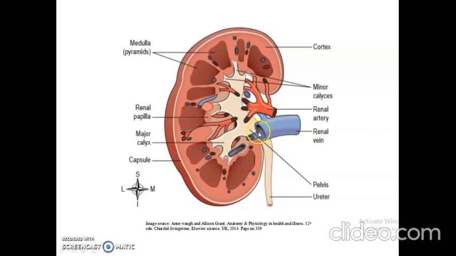The ureter divides and subdivides, and finally is connected to the renal papilla. Its function is collecting the urine that is formed in the structural and functional units present in the medulla part of the kidney. Let us see the outermost layer, a thin layer that covers both the kidneys. This is called the capsule. It is made up of fibrous tissue.